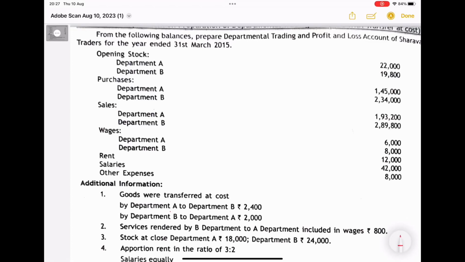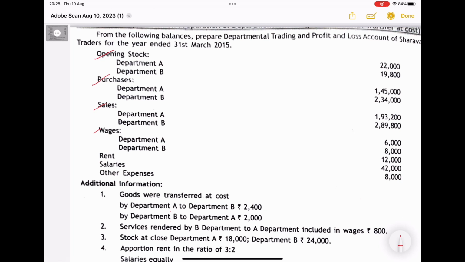Hello everyone. Today we are going to solve a problem on departmental accounting itself. The question is: from the following balances, prepare the departmental trading and profit and loss account of Shravan Traders for the year ended 31st March 2015. In the question, opening stock, purchases, sales and wages have been given department-wise. The respective amounts they have